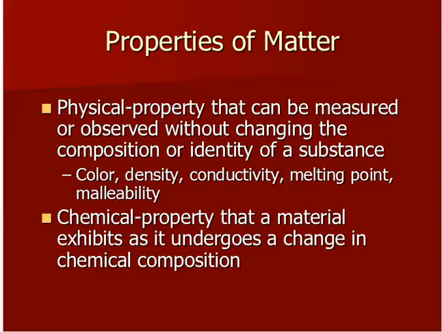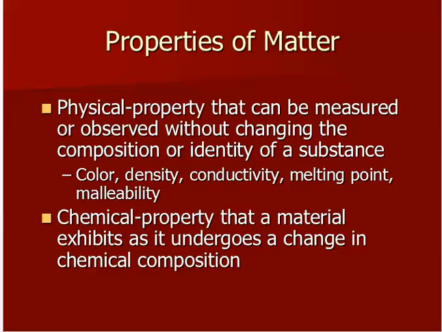Some other properties of matter are physical properties and chemical properties. Physical properties are properties that can be measured without changing the composition of a substance. So for example, I can determine the color of a substance without changing the composition. I can determine the density of something. I can measure the density of water and it will still be water, so I don't have to change the composition. I can determine the conductivity, how well it conducts electricity. I can also determine how malleable it is, how easily it is to be flattened into sheets without changing the